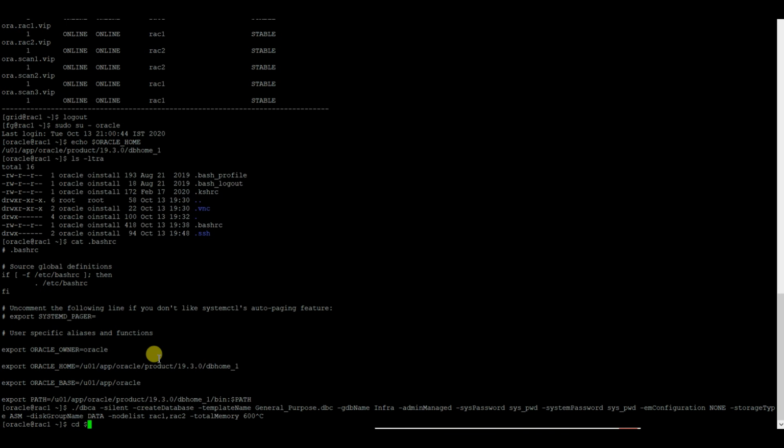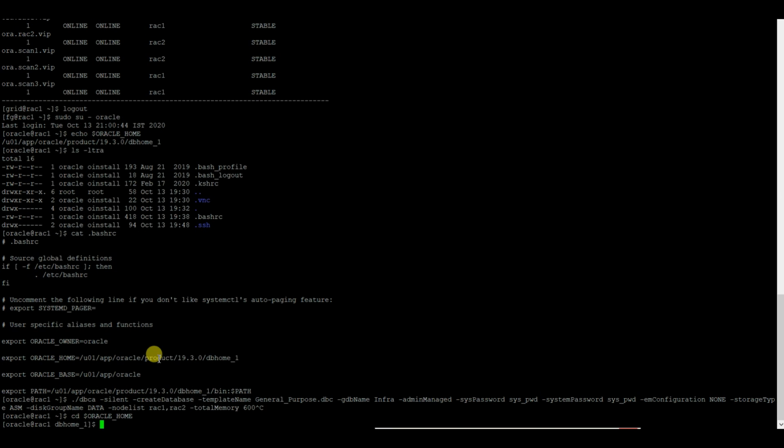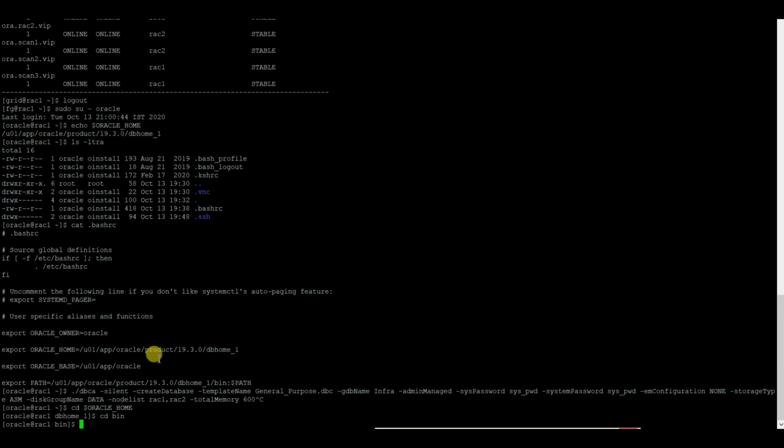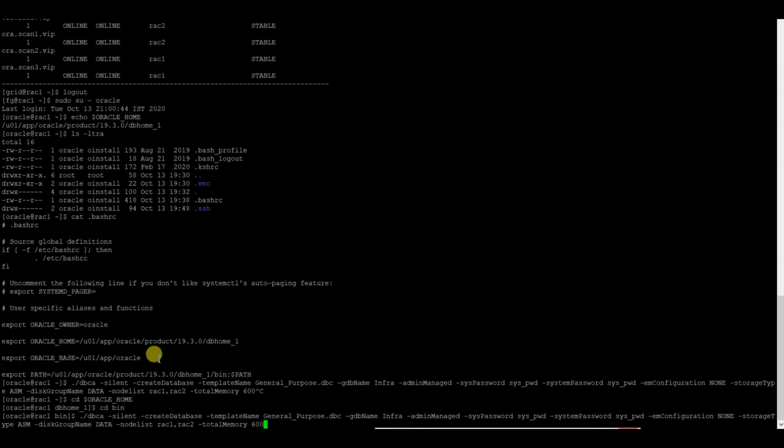So let us go to our Oracle home, then bin, and run the command dbca. And since we will be creating in silent mode, we are using createDatabase, then the template, my database name, let it be as infra, and my sys password as sys_password, system password also the same.